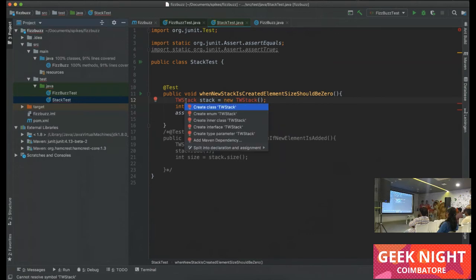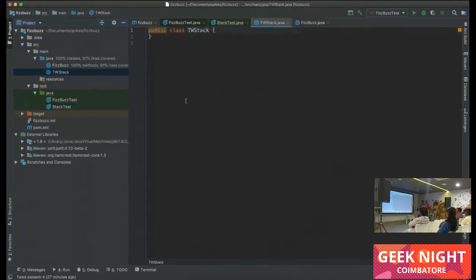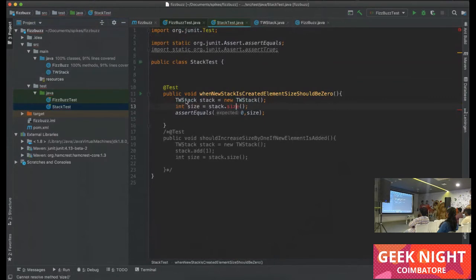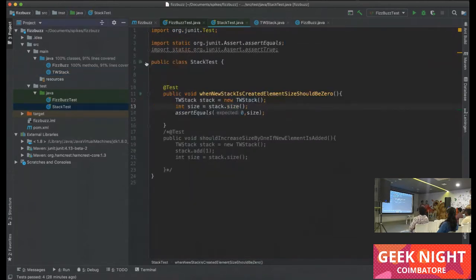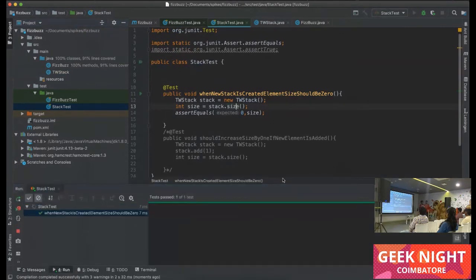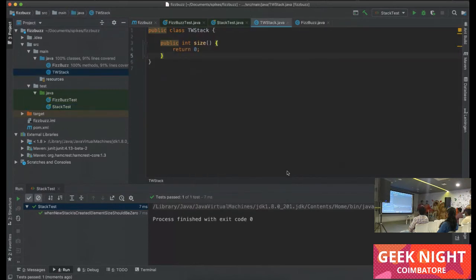Remember the 3 laws of TDD. As per the first law, we are writing just enough code to make the tests compile. We create the stack and the size method. Now we have created a stack with size 0. Do we need any more implementation here? How many say yes?